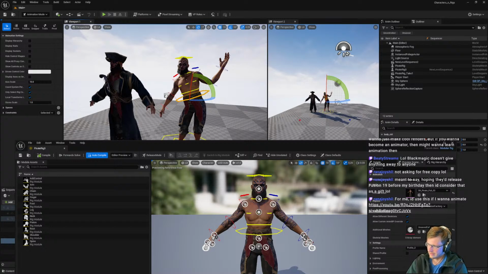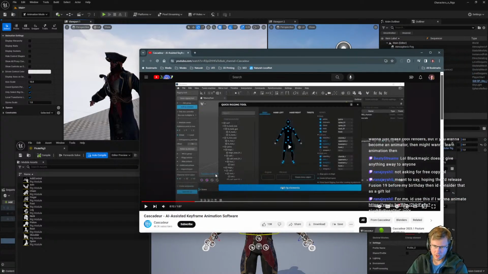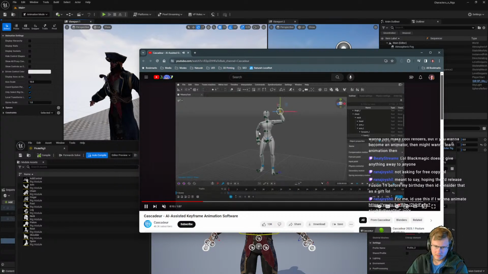Cascadeur is an AI-assisted keyframe animation software aimed to speed up and simplify the animation process. To start, import your character and get it ready in just a few clicks. Set a pose within minutes using auto-posing, a neural network that will help you to achieve the most natural pose in a few steps. Yo, what? They're saying like it's AI, but then this guy is like masterfully posing this person. Just a few clicks.